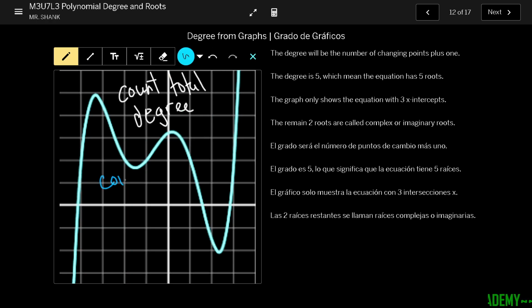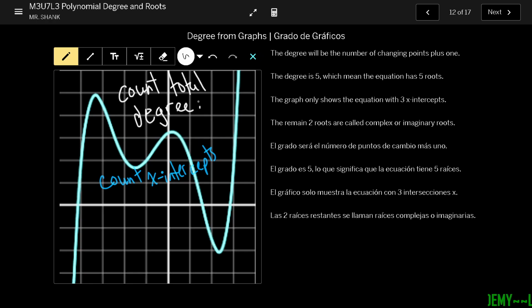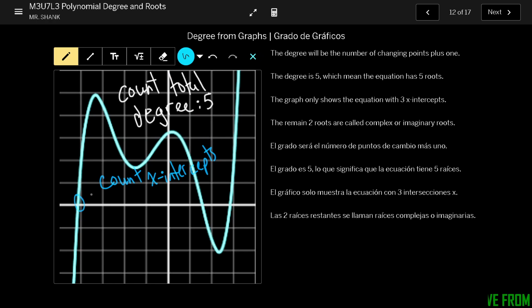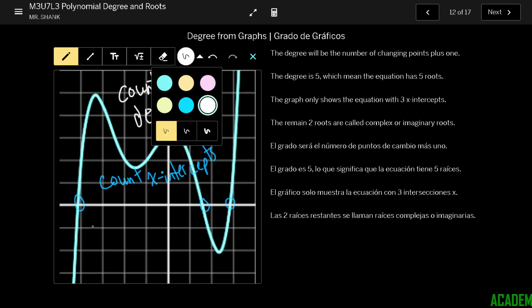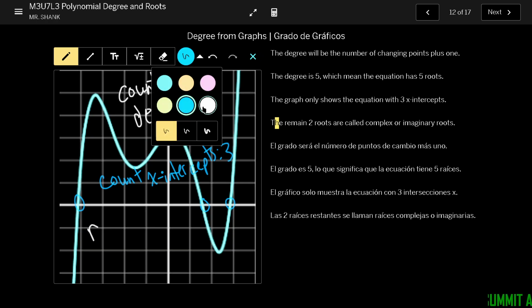I say count x-intercepts, which we said our total degree was 5. We said our total number of roots is 5. And so we count our x-intercepts. I say we have 1, 2, 3. And so I have to subtract that to get our remaining roots. So we said our x-intercepts was 3. So our remaining roots,